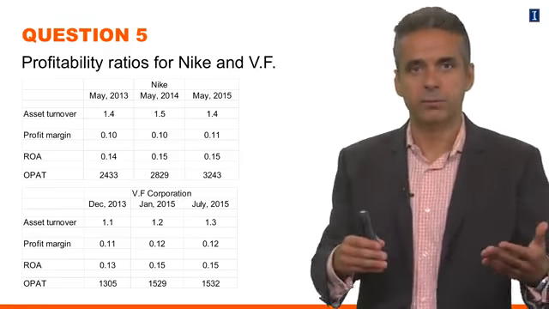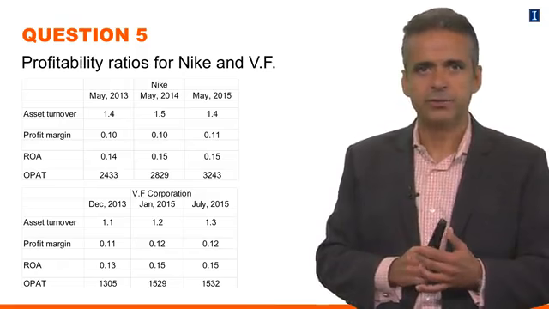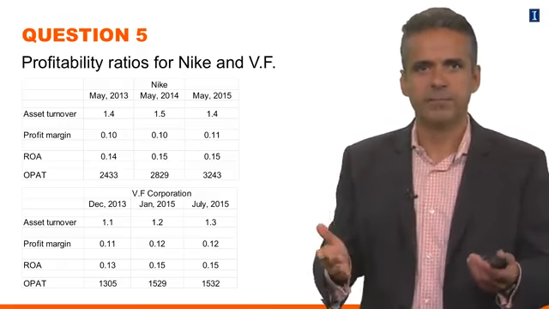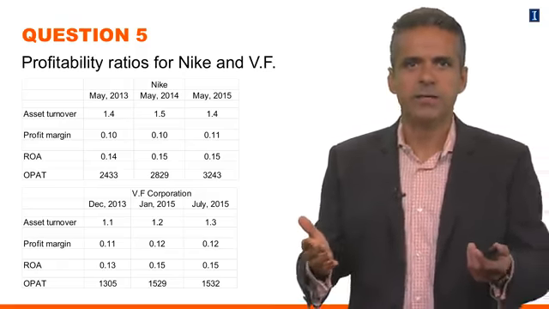Okay, so you start from OPAT and then you compute the profitability measures, right? Asset turnover, profit margin, and ROA. Those are the three key measures that we focused on in our lecture notes. What you should have found is that both companies appear to have similar profitability. Okay, so if you look at ROA, for example, the ROA ratios are very similar across Nike and VF